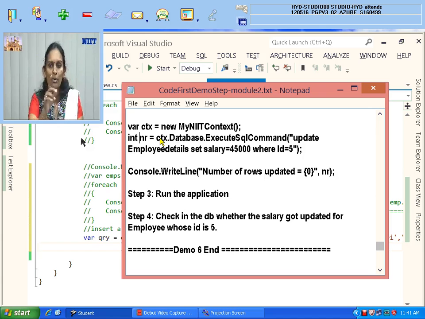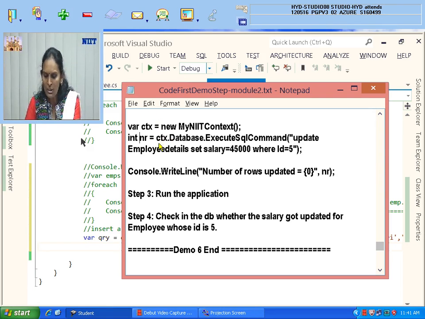Everybody start thinking once: I write some insert statement in SQL Server, select it and press F5. What will it do? What will be displayed at the bottom? If I give some delete statement and execute it in SQL Server, what is going to be displayed? Can anybody start typing? Just recall your SQL, what you found at the bottom as a message after the execution. Very good. 1 row affected, 2 rows affected. That's the number of rows affected, an integer.